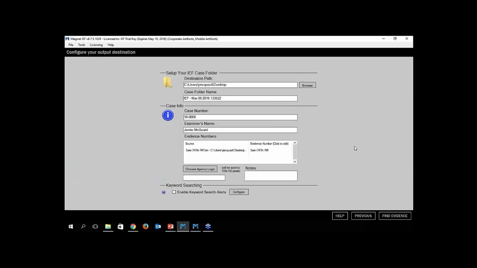So there's two ways to actually run keyword searches with IEF. You can set it up before the processing begins, or afterwards you can run keyword searches in the report viewer as well. So it's totally up to you. If you have a list beforehand, you might want to load it in and include it in your processing. If you have that list and you want to set up beforehand, all you need to do is check this